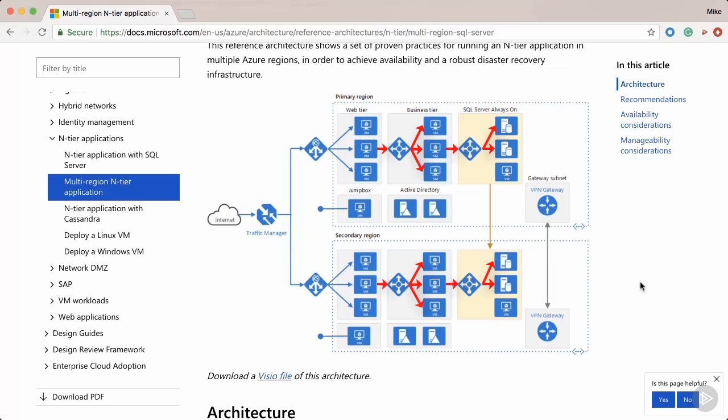So in each of these two regions, we're using a lot of the things that we've looked at so far in this module, perhaps availability sets or availability zones, and we're using load balancers and the regional infrastructure, which is an important design concept. Some of these networking components like the load balancers and the VPN gateways and those things we'll take a look at later in this course. But keep in mind that the Azure Architecture Center is a great resource for you when you're building highly available